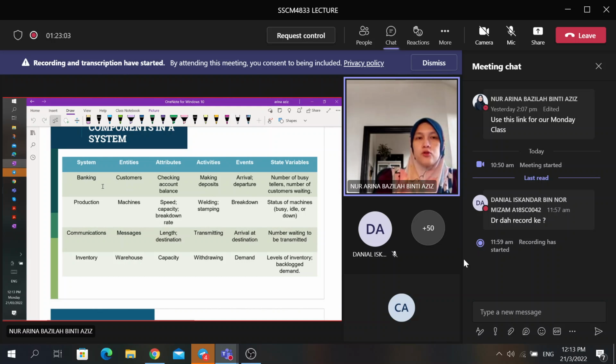Sorry, ngantuk bila bercakap ni, bila bercakap seorang-seorang kan depan komputer macam ni, jadi mengantuk. Alright,